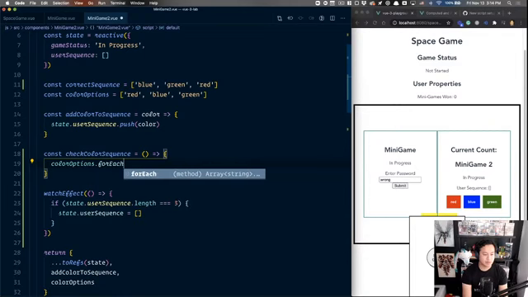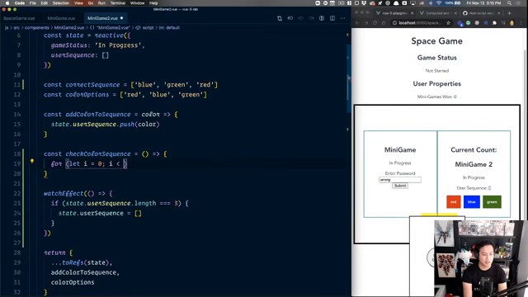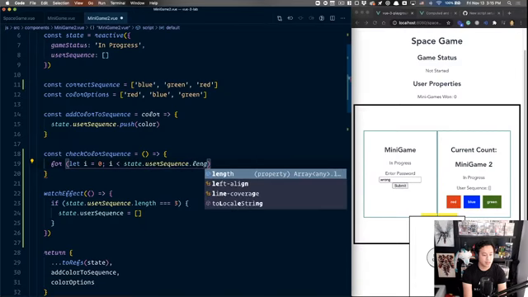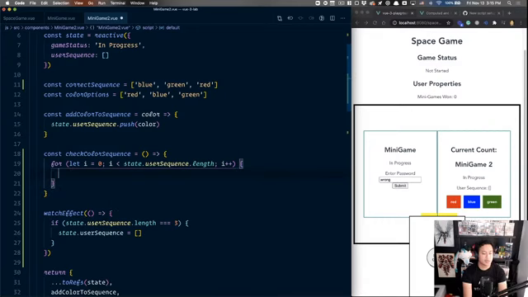for each. No, I'd rather do it this way. And there's a reason why I think we should do it this way. Let i less than or equal to state.userSequence.length, i plus plus. The reason I want to do this is because you could do nested for loops or forEach, and actually I think forEach allows you to pull out the index, now that I think about it. But anyways, it's fine. This will work because what we're trying to do then is, for each one,